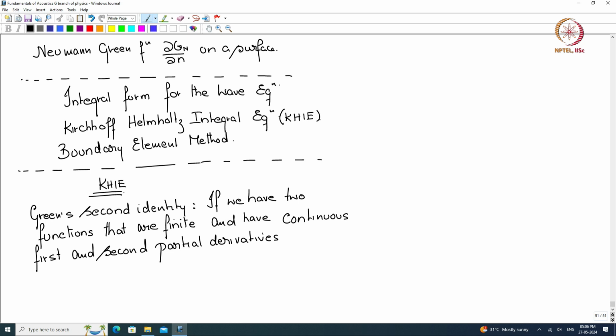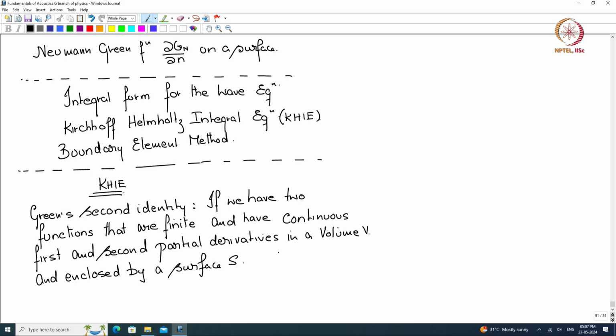Okay. In a volume V, and enclosed, that is, the volume is enclosed by a surface S. So, within this volume enclosed by a surface S, these two functions have first and second continuous partial derivatives, and